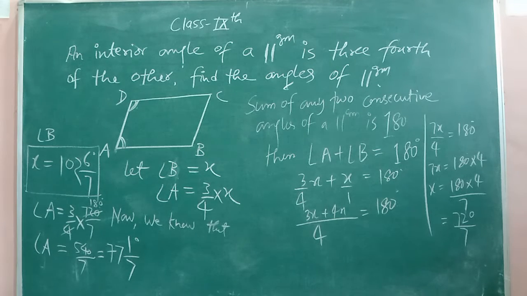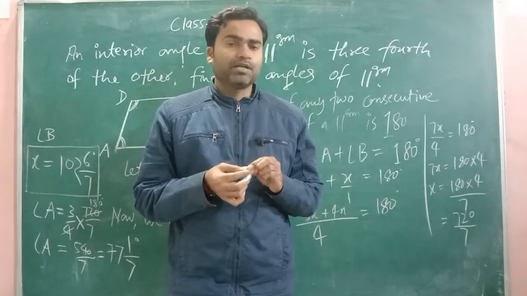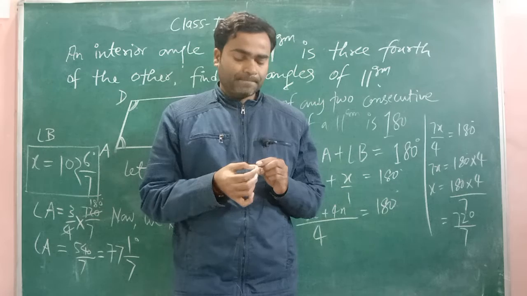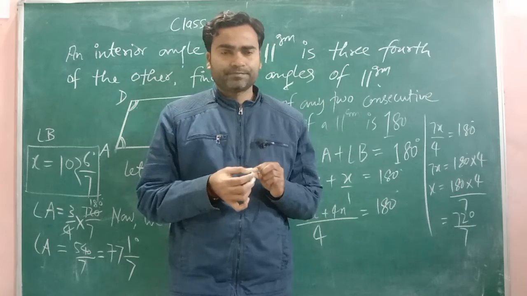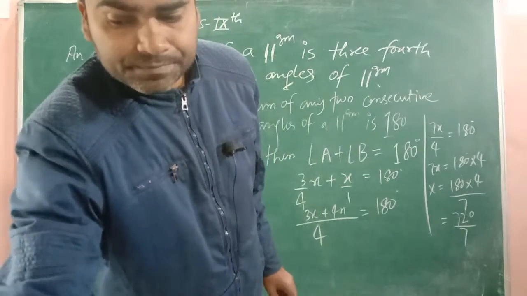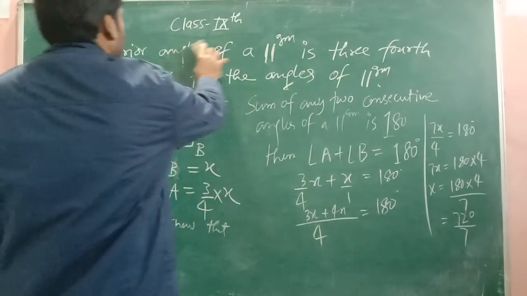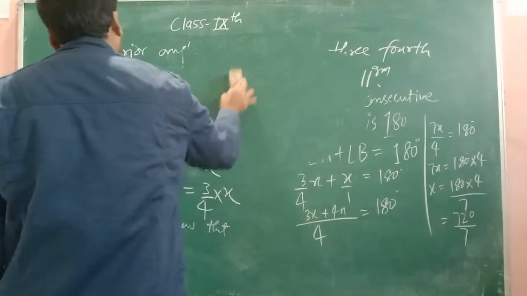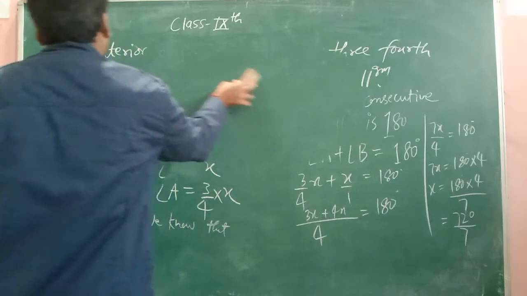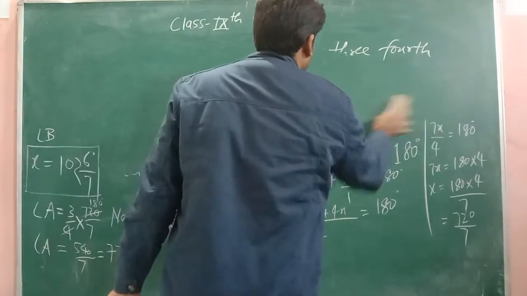Now we will take the last question for this particular video. In this video we have discussed the angle sum property of a quadrilateral. So just write down the last question. Three angles of a quadrilateral are